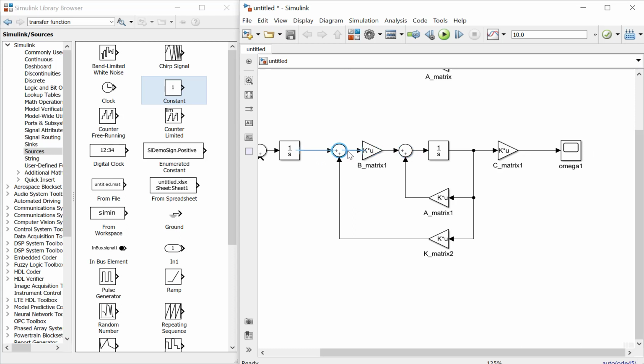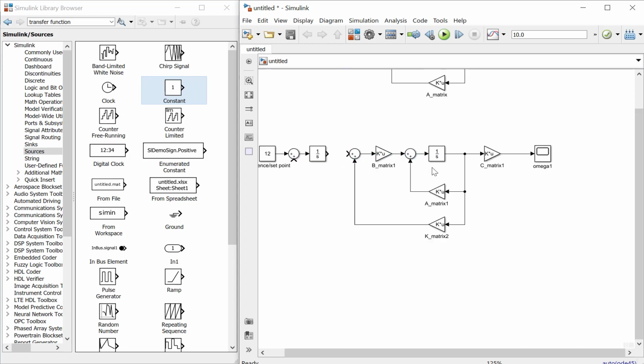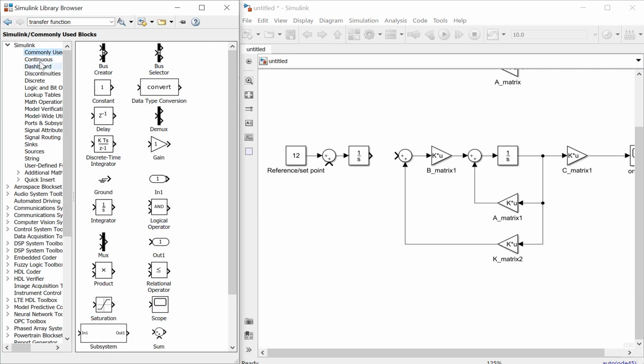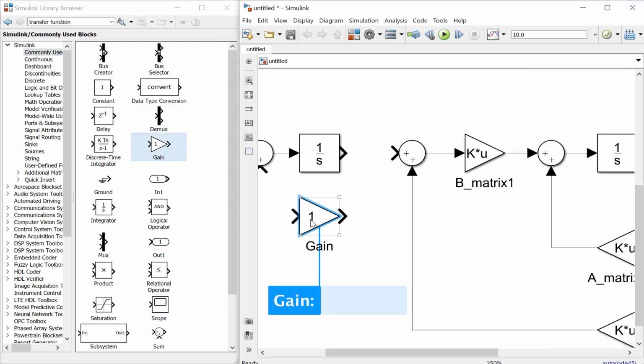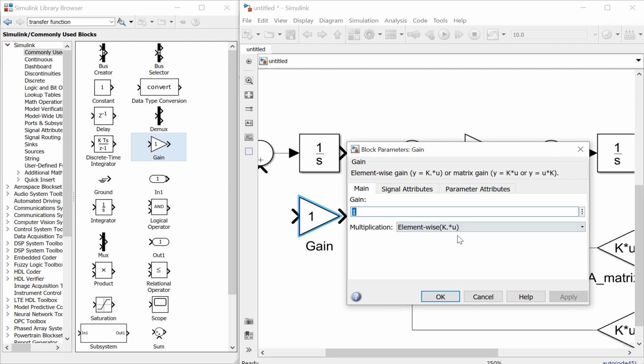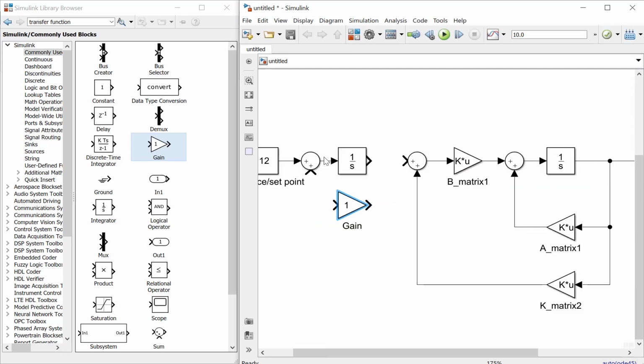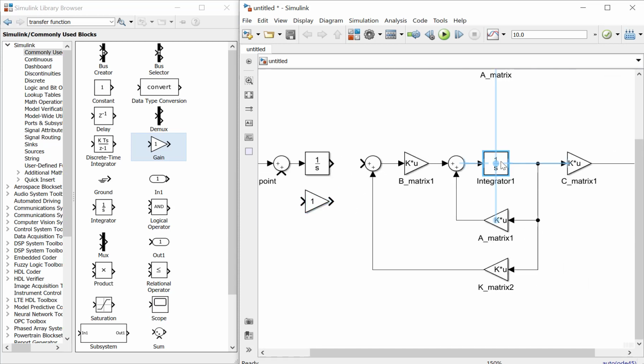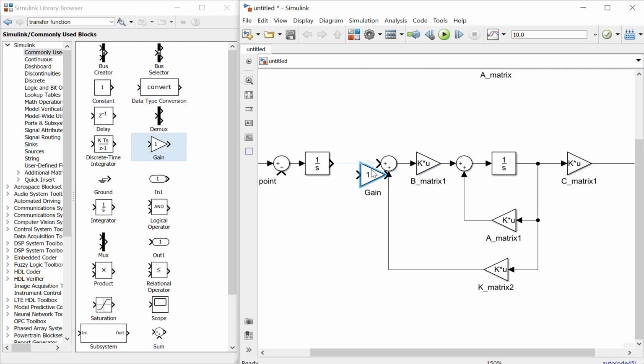Okay, we need to add one gain. We just need to change this to multiplication because it is just the common gain. It is just multiplication. It is not a matrix.